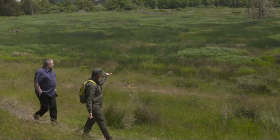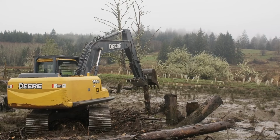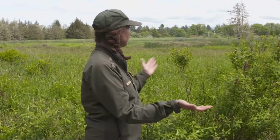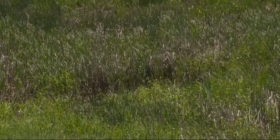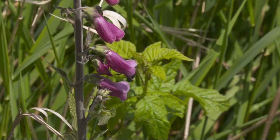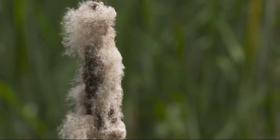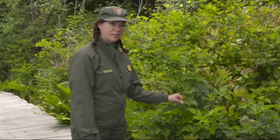In 2007, the National Park Service restored South Slough Estuarine Marsh, where Lewis and Clark documented abundant bird life and baby salmon. And that happened really just through the removal of a culvert and a tide gate back in 2007. We've got all sorts of diverse native shrubs and sedges and grasses and bulrushes and cattails are all coming back. Stroll the South Slough Boardwalk that keeps your feet dry above the marsh